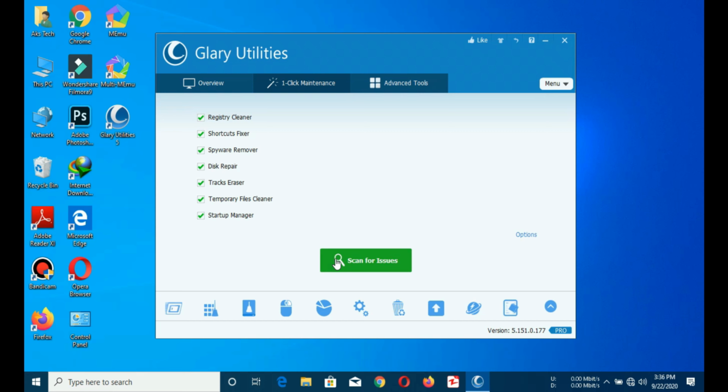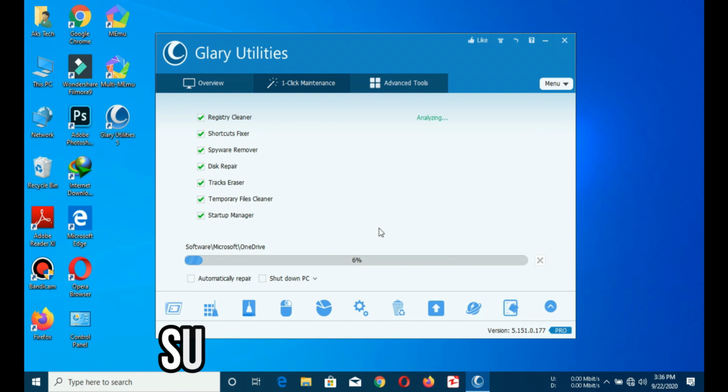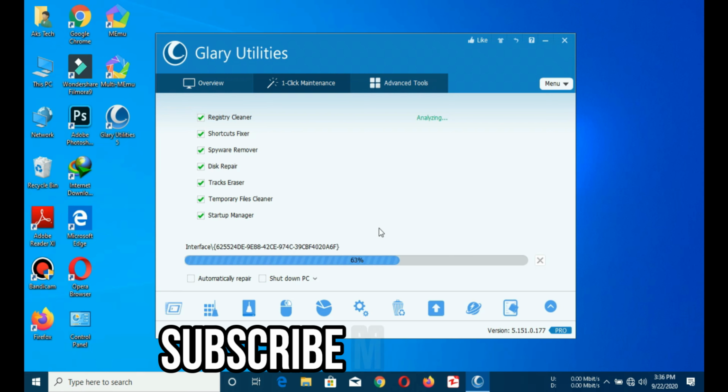After selecting the options which you want this program to scan, just click on this scan for issues option and the program will automatically search for problems. When you install this program for the first time, it may take a little bit of time in scanning.